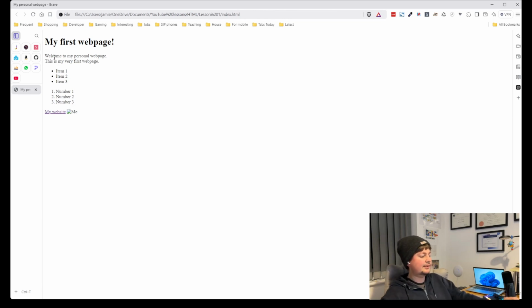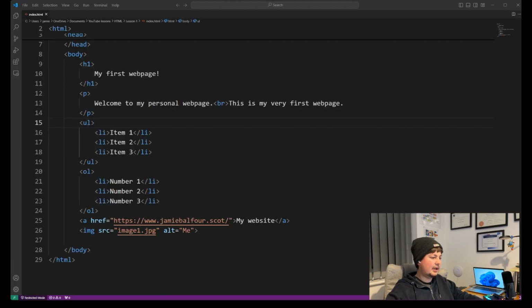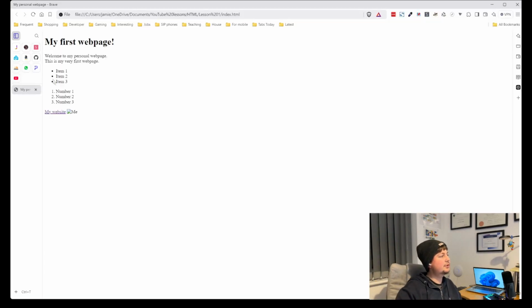We've also got something I didn't really touch on just there, but if you look at the previous lesson, we added in a break. So we've got a BR tag, a break there. And then if we go back to the page again, we've got our UL, and then we've got our OL. You could tell because, as I said in the last lesson, a UL uses bullets for each of the LIs, and an OL uses numbers. You can also see a link. To prove that the link works, we can hover over, and down the bottom you can see it says